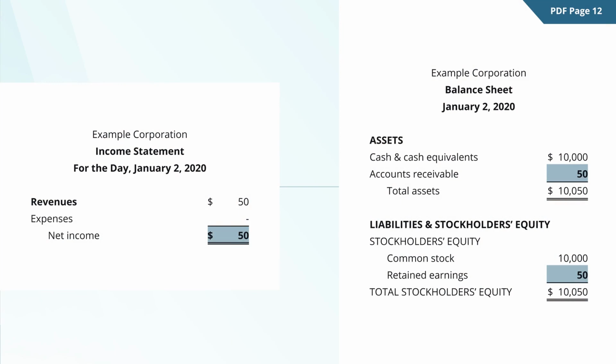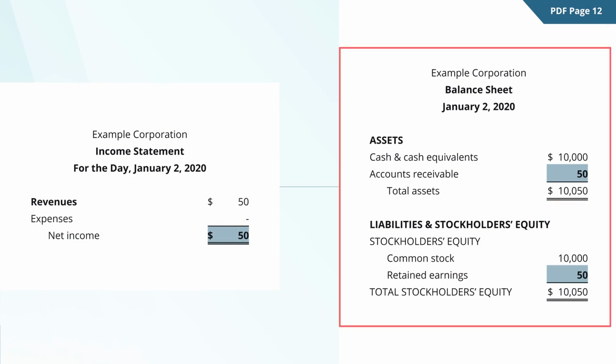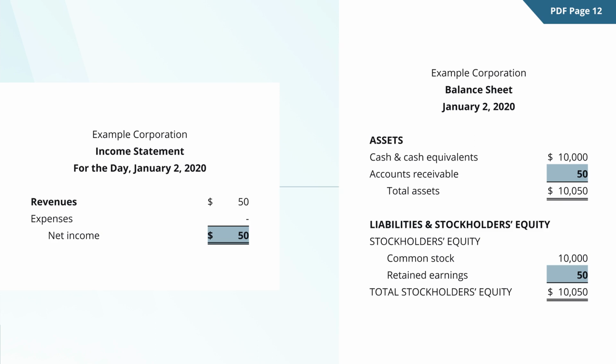When you look at the balance sheet now, that's the bottom balance sheet, you'll see that accounts receivable now shows $50 and total assets went up to be $10,050. Now that balance sheet has got to remain in balance, just like the accounting equation had to be in